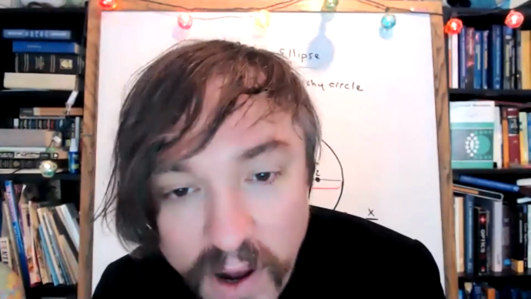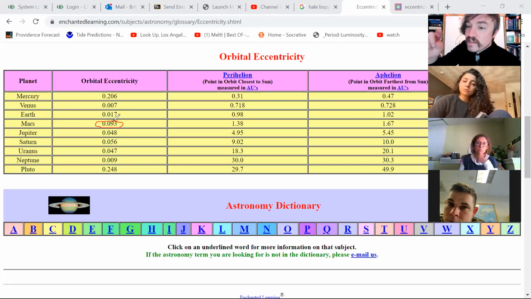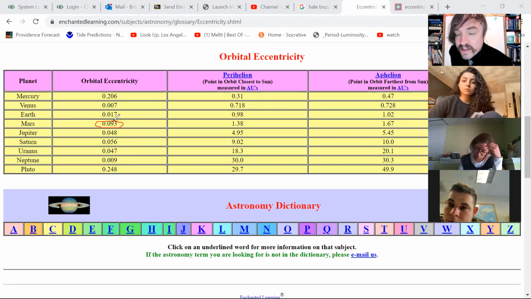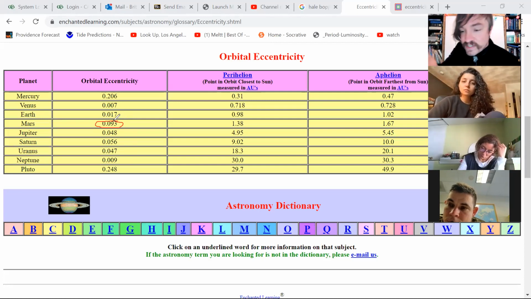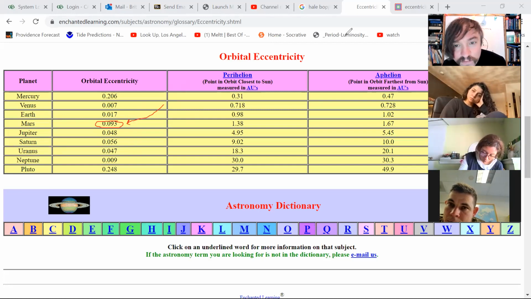Mars turns out to be one of the easier planets to observe at night. If Mars's orbit hadn't been 9% eccentric, just a little bit squishier than your average planetary orbit, Kepler probably never would have discovered that planetary orbits are ellipses. He almost got lucky that the planet he had the best data for was a little bit squishier.